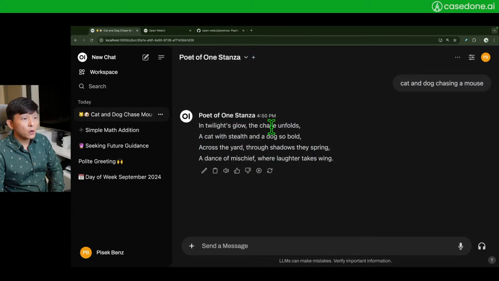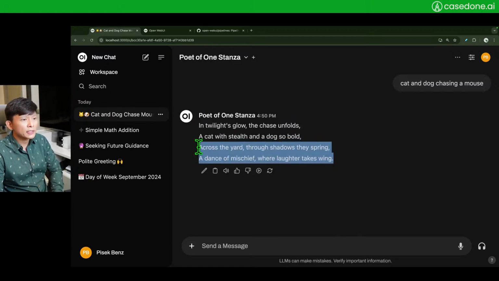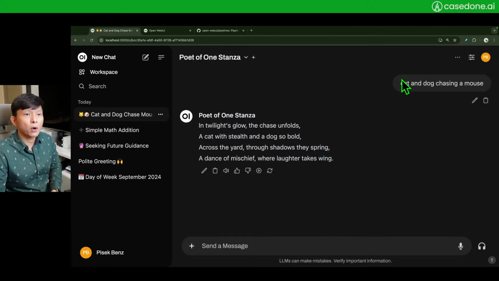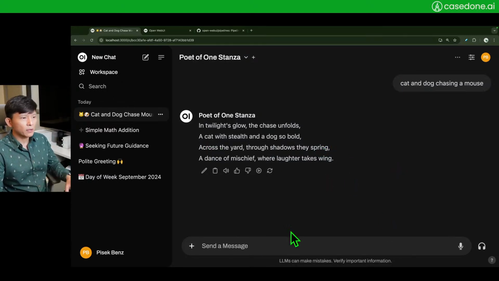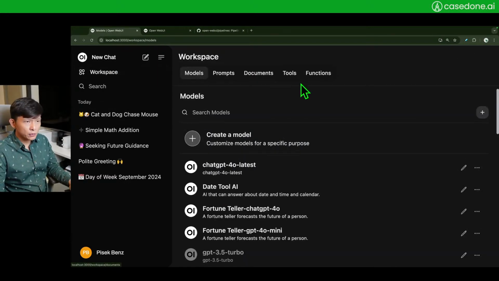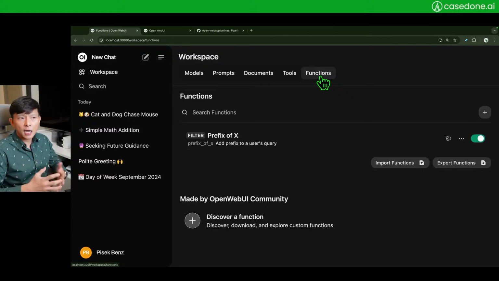In twilight's glow, the chase unfolds, a cat with stealth and a dog so bold across the yard. Through shadows they spring, a dance of mischief where laughter takes wings. Doesn't really make sense to me, but that's a one stanza poem for cat and dog chasing a mouse. So here we go. This is how to use filters in an easy way, which is inside the Open WebUI